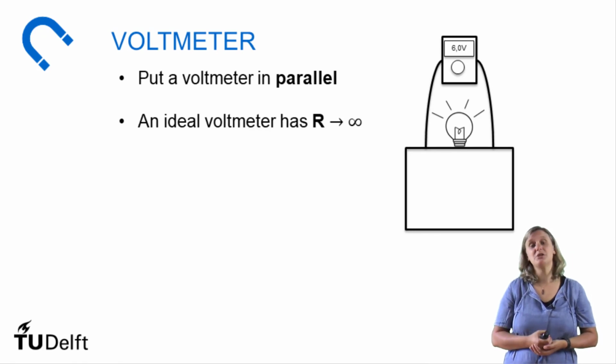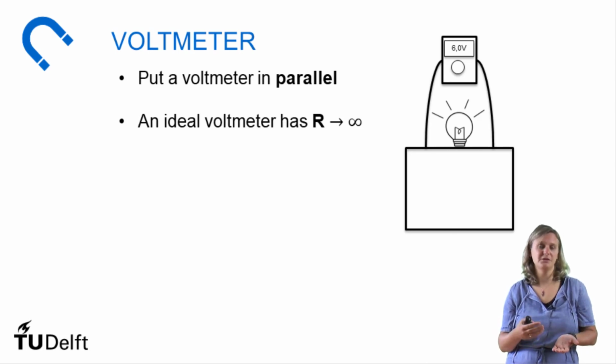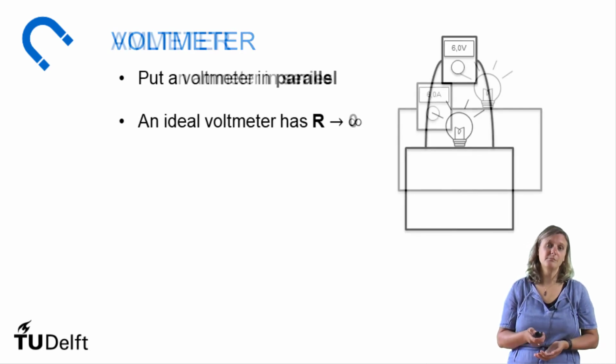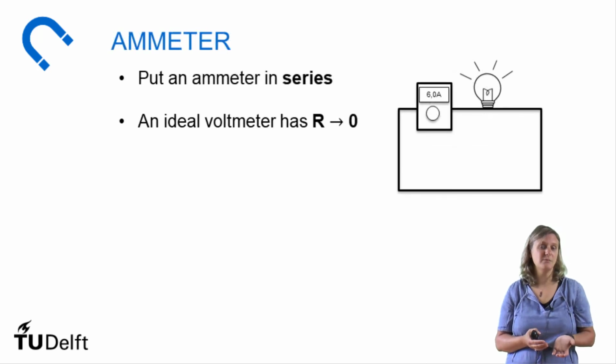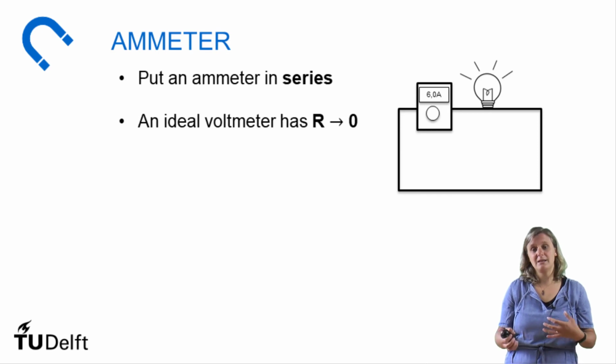So I thought this was an interesting perspective, but maybe sometimes you can be a little bit more subtle, and then what you do is you measure it. So in this case, you can use a voltmeter that you place in parallel with your component, because the voltmeter has an infinitely high resistance, and then you can measure the voltage across your object, may it be a lamp. Or you use an ammeter. An ammeter measures the current, and therefore needs to be in series, and therefore also needs to have approximately 0 resistance, and if you put that in, you'll measure the current through your components.